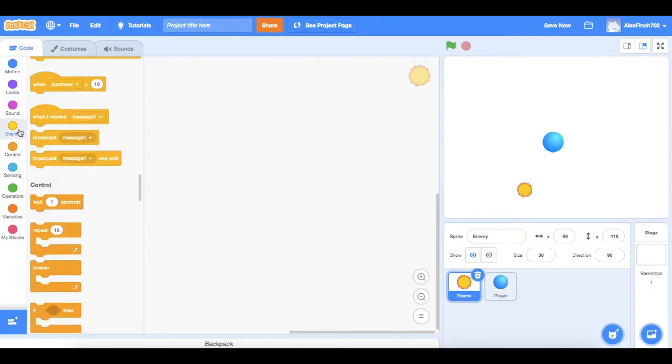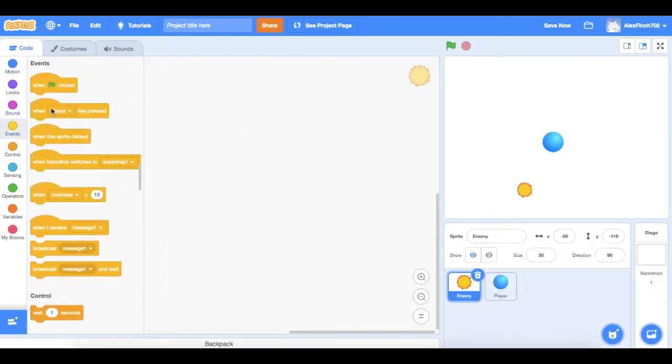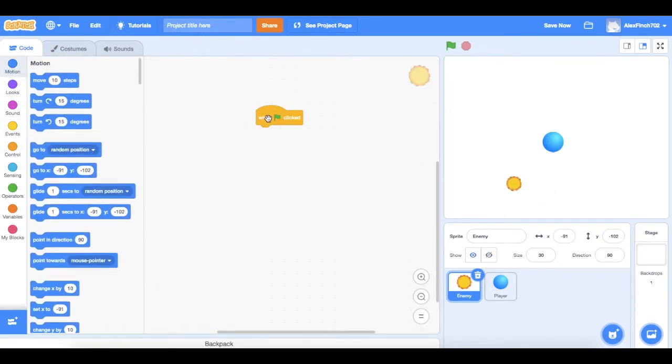So in order to start our game, in order to start our code, we will have a when green flag is clicked. So when we're looking at a project, there's a start button and a stop button that the user of the project can click. So this is basically saying when the game starts. We want our sun to move. So motion, okay? We're going to say, okay, when we click the green flag, move this guy around. And first, let's just start off with some motion. So if we say, okay, move 10 steps, and then let's make this guy visible, and we click this, look,